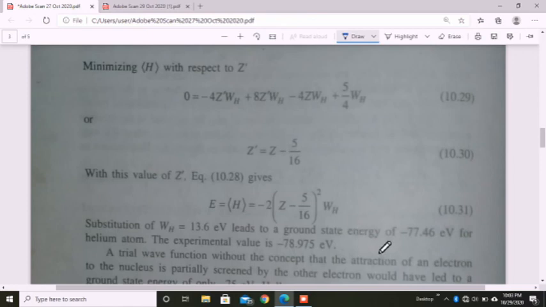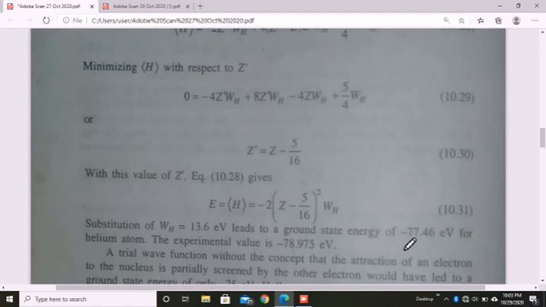With this value of Z prime, equation 10.28 gives E equal to minus 2 into Z minus 5 by 16, the whole squared, into WH. Then substitution of WH equal to 13.6